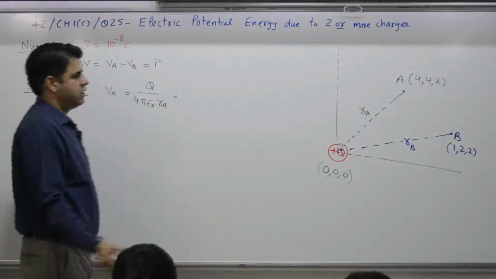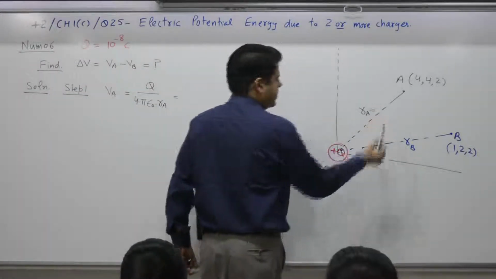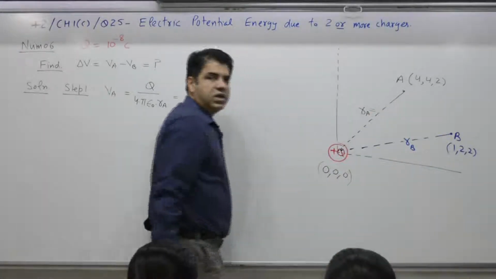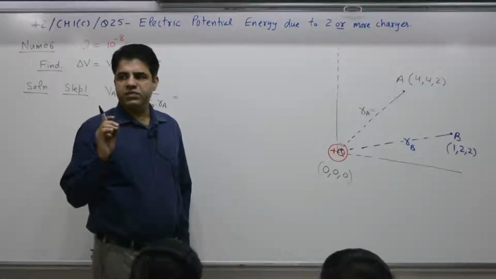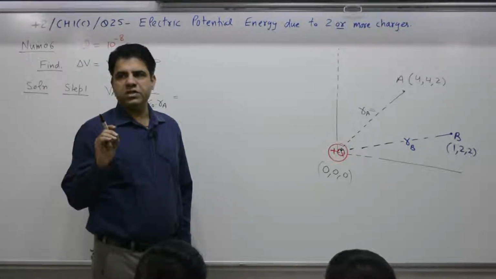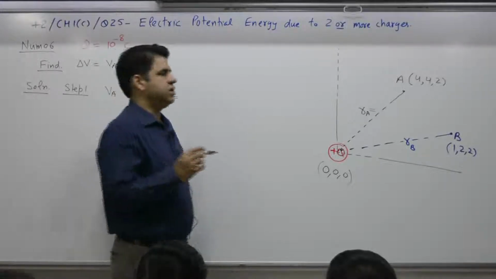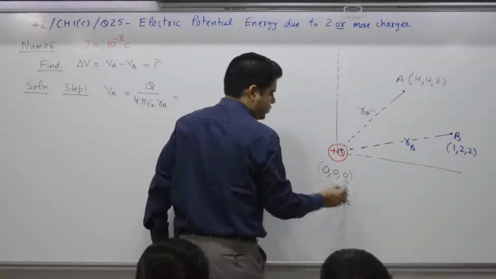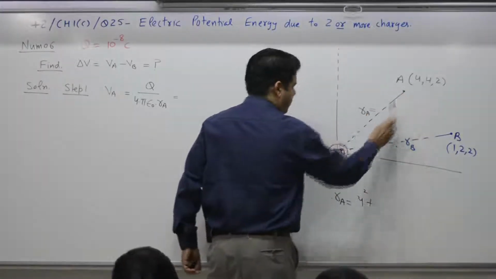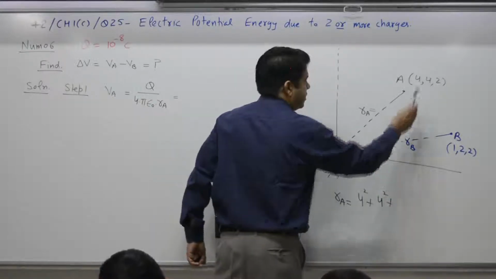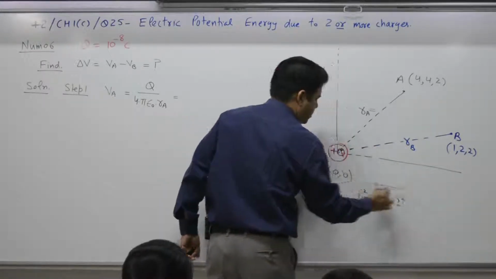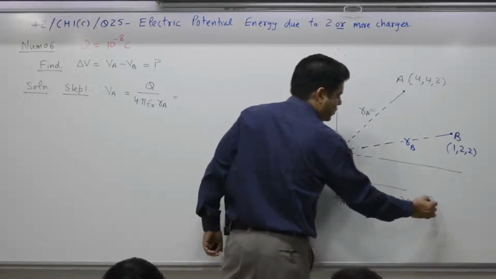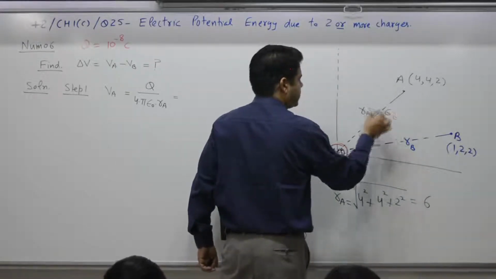Question is, RA is equal to what? If there are coordinates 0, 0, 0 and 4, 4, 2, R is equal to the square root of x2 minus x1 squared plus y2 minus y1 squared plus z2 minus z1 squared. So RA is equal to 4 minus 0 squared, 4 minus 0 squared, 2 minus 0 squared, which comes out to be 16 plus 16, 32 plus 4, 36, and root comes out to be 6. So RA is equal to 6.